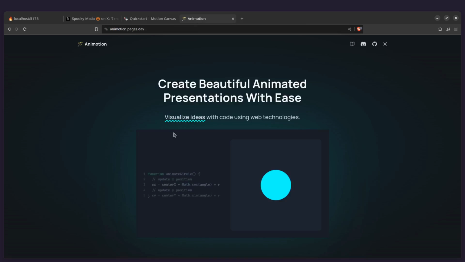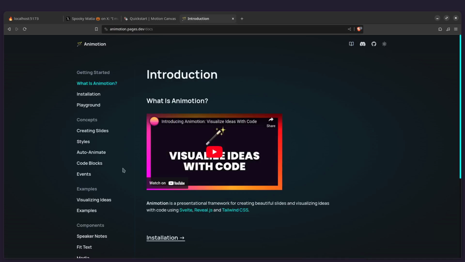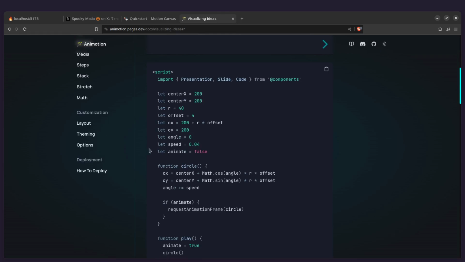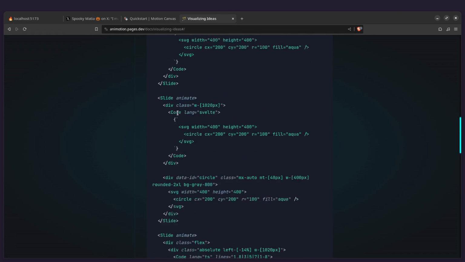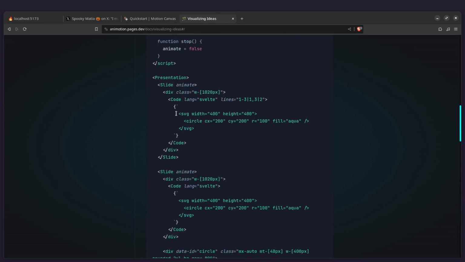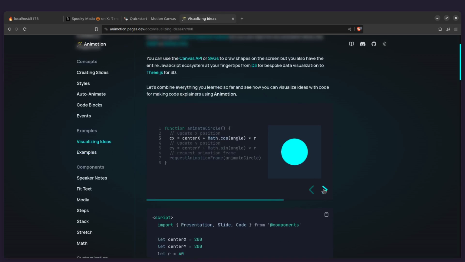And you're probably thinking, okay, if Motion Canvas is so great, why did you make this? Well, basically, I wanted things to suit my needs, how I want to do animations, because compared to doing this example, I just want to define a slide, which I can control, so it's easier to record. You can just go here to this example. So this is how you do it in Animotion. These are just slides, so you can write your own code examples or whatever, and you just write slides declaratively like this. And basically, you can use your arrow keys just to record, and this is really simple. So you can just full screen it, you can use OBS to record your presentation, and that's really simpler to me than having to record your audio and then synchronize it to what's happening on the screen, right?